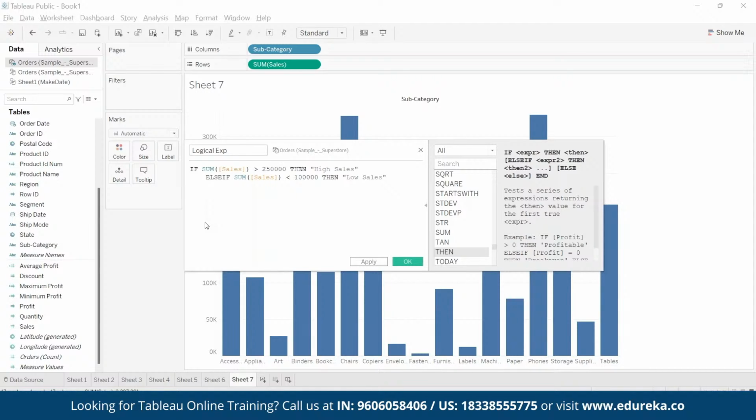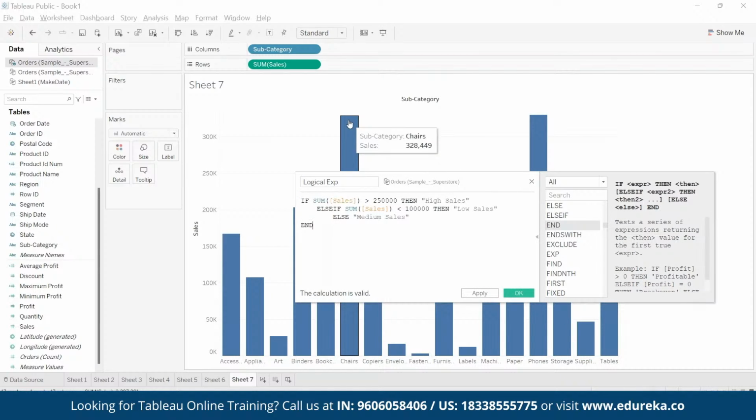If this condition is also not true, then what to do? This means if none of the above conditions are met, then you mark it as medium sales, and end. So what is going to happen? It will check the sales of each member against the formula that we have written. Is this greater than 250,000? Yes. So this is high sales. Is this greater than